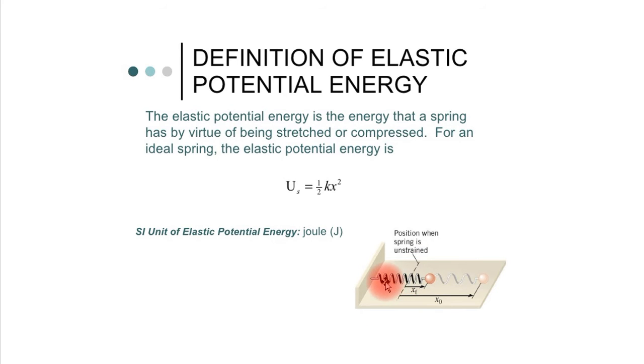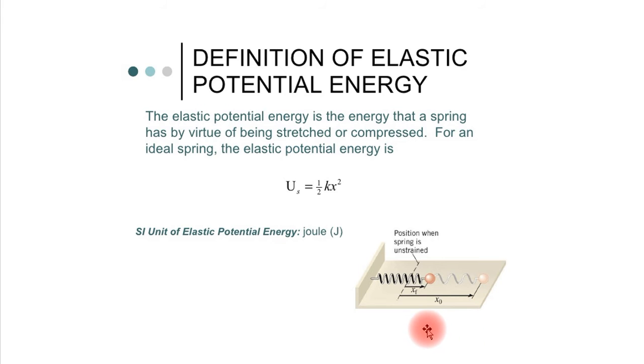We measure the distance of the ball attached to the spring from this reference line. We can take the reference line here or here or here also, but for simplicity, we neglect this portion, and we measure the unstretched or unstrained length of the spring, which is equal to x1. When the spring is stretched, the ball moves to this distance, and the stretched length of the spring is x naught. So we can say x naught minus x1 is the elongation of the spring. x naught minus x1 is equal to the elongation of the spring.